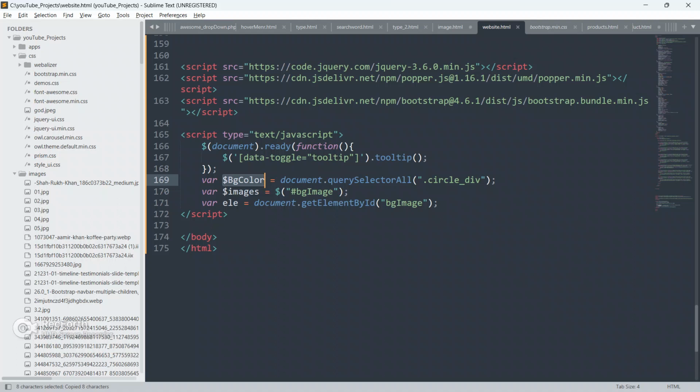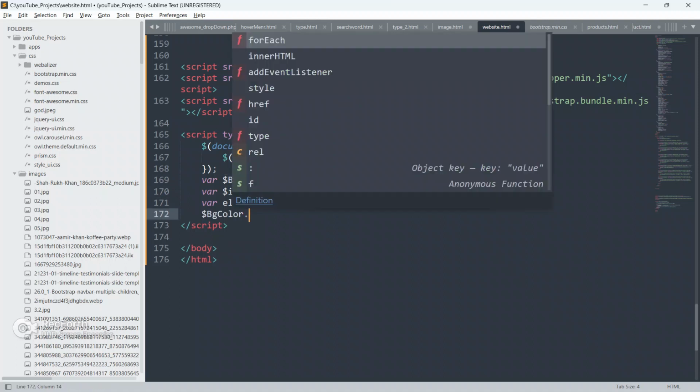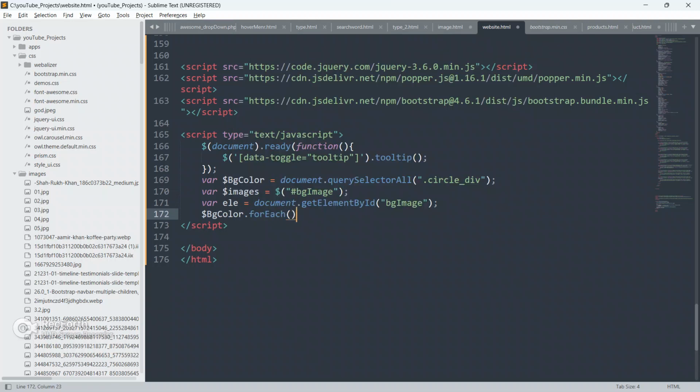Now we are going to append, guys, event listener on this circle. So just copy it here, paste it here. Dot for each, we will run a function, and we'll put function parameter as btns.